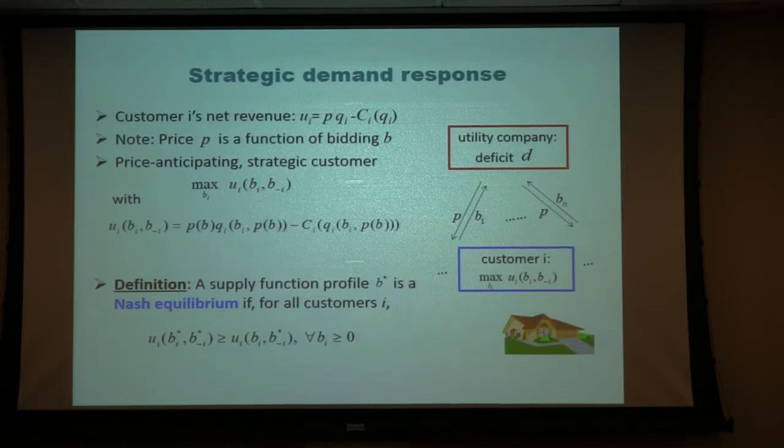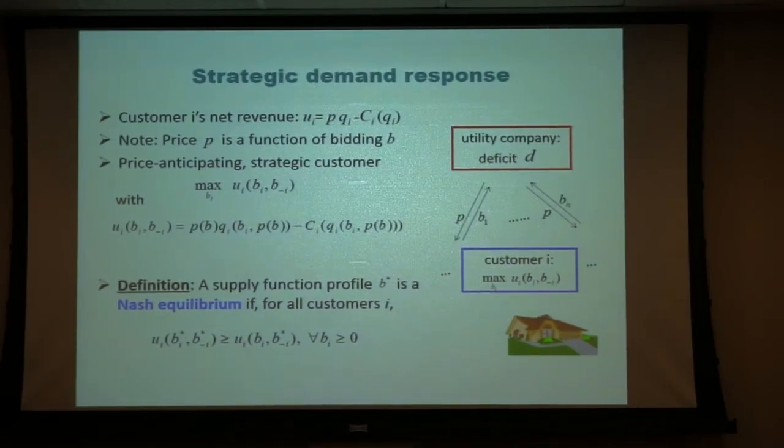Question: Going back to trying to determine what a user's benefit function would be, I would think that rather than asking consumers what their benefit function would be, one would want to supply customers with different rate structures and ask which rate structure they find more attractive, and from that you could extract the global. By rate, do you mean use at different times of day? If you said, at this time of day I'll charge you this much, at that time of day I'll charge you this much, and give them different rate structures, and from that you get. I mean, kind of a price table. Yeah.